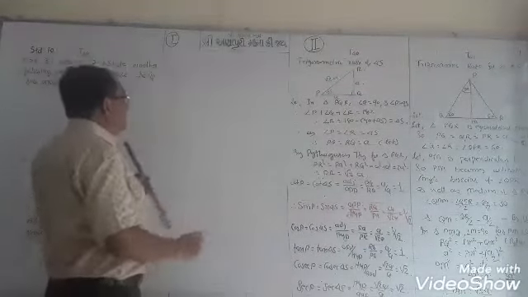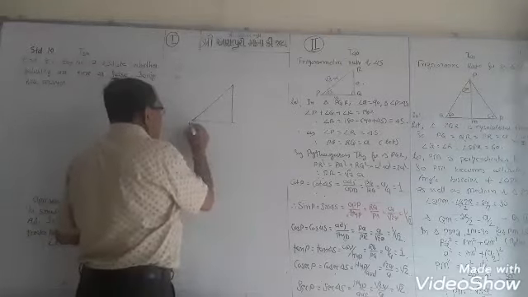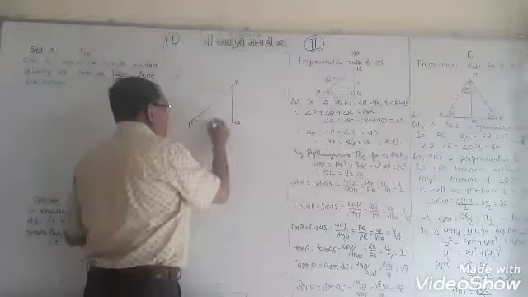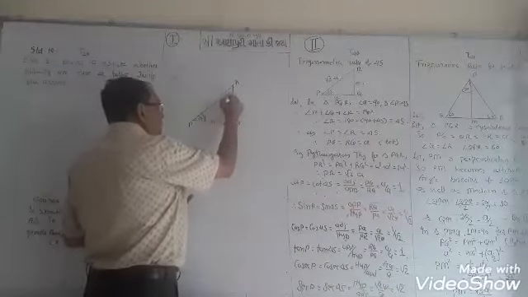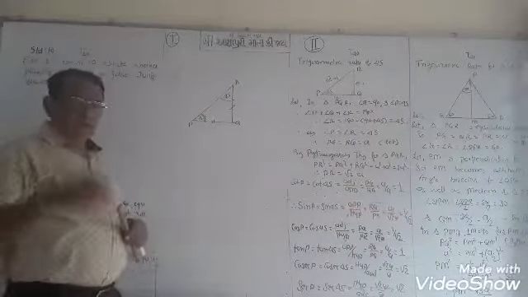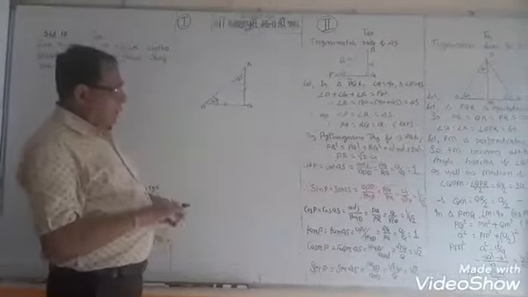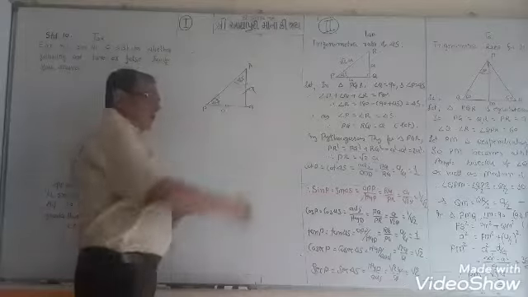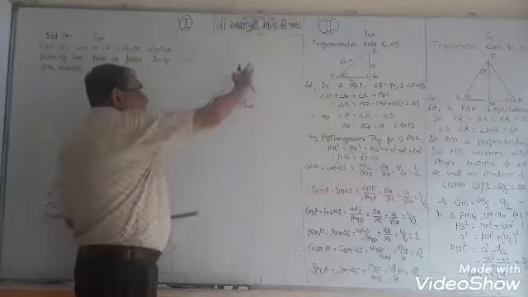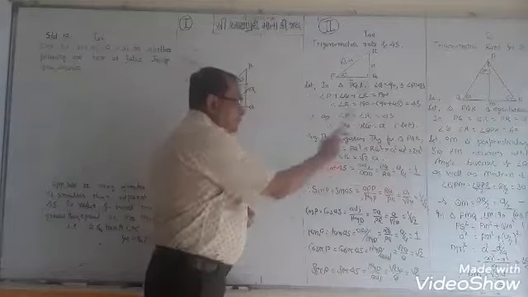If two angles are equal in triangle PQR, then the sides opposite them are equal. Therefore, that side is equal to that side, according to the theorem of standard 9. Okay, suppose I have taken A. PQ is equal to PR is equal to A. PQ is equal to RQ is equal to A.